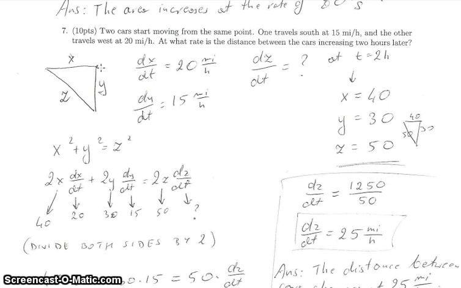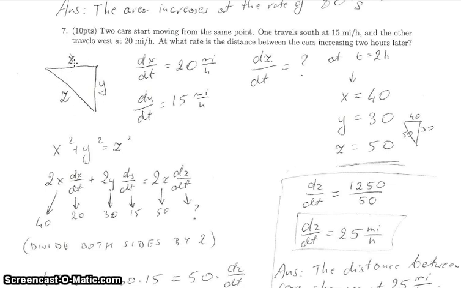So from the same point, one car starts moving west, the other starts moving south. So the distance between the starting point and where the car currently is, I labeled as x over here for the horizontal distance, the car moving west. And for the car moving south, the distance between where the car currently is and the starting point is y. You could have chosen other letters. As long as you use the same letters in the entire problem, it's going to be fine. And then I labeled the distance between these two cars as z,